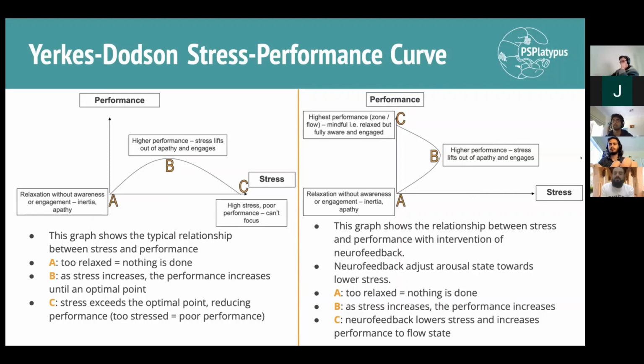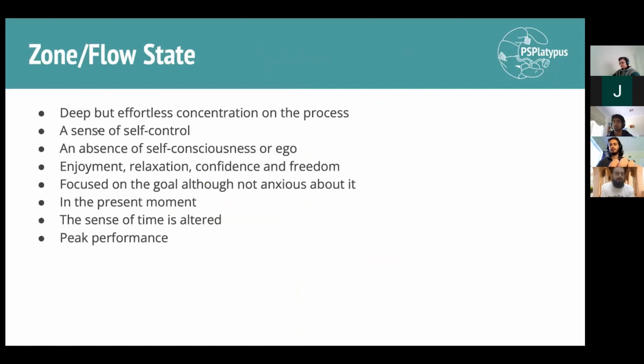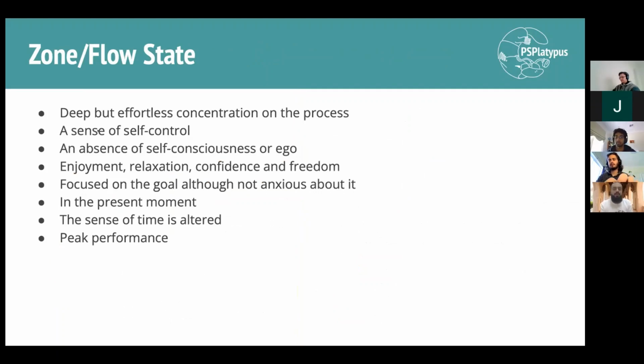So what this graph suggests is that when we have neurofeedback and when we are too relaxed or have no stress at all, we can either do nothing and have no performance at all, or our poorest performance, or we will be at our highest performance. And here are the characteristics of zone or flow state or mode, where we have deep but effortless concentration